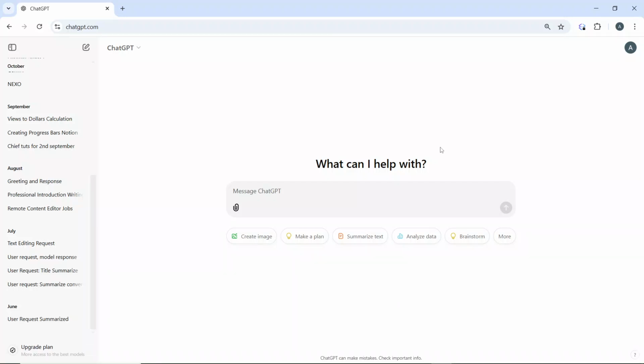Hello, in this tutorial, I'll show you how to change ChatGPT email address. So here's a detailed step-by-step guide on how to change the email address associated with your ChatGPT account using the ChatGPT web app. The first thing you need to do is to launch your web browser and visit